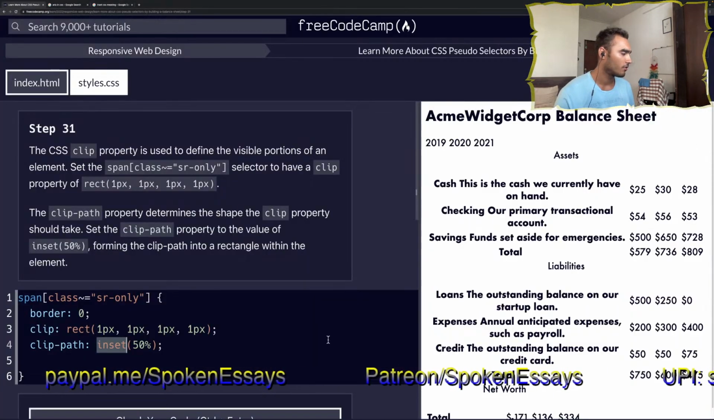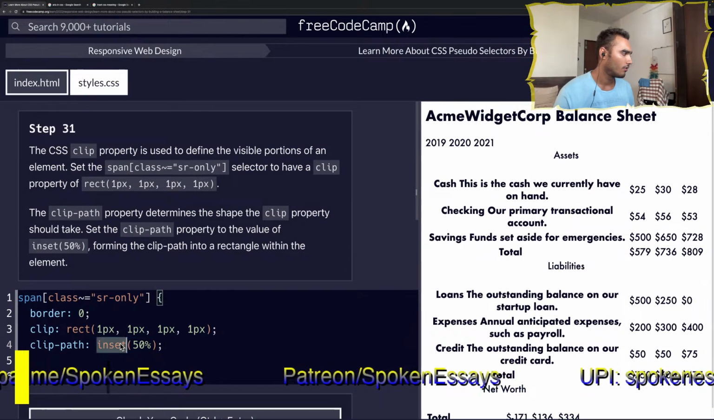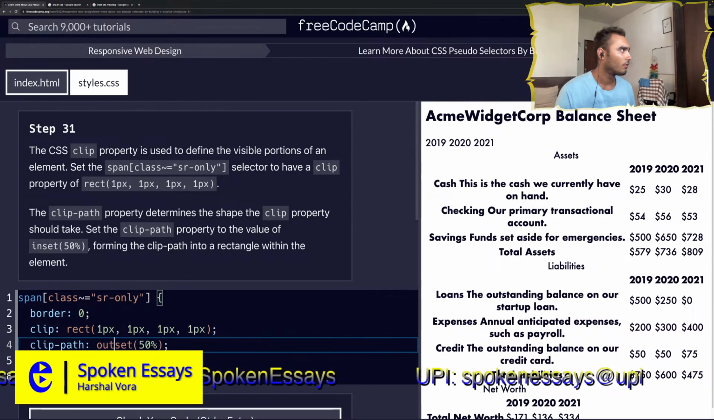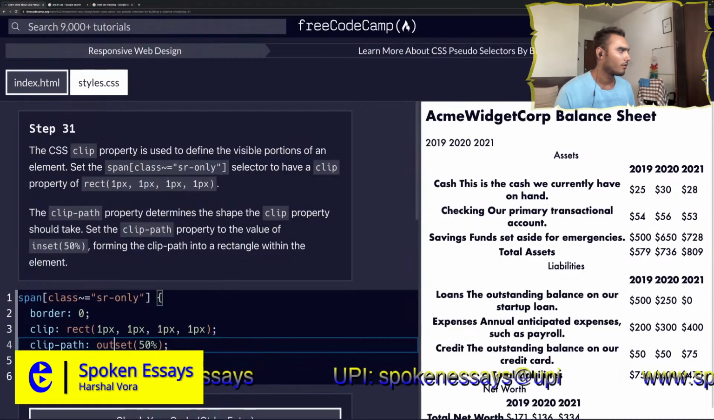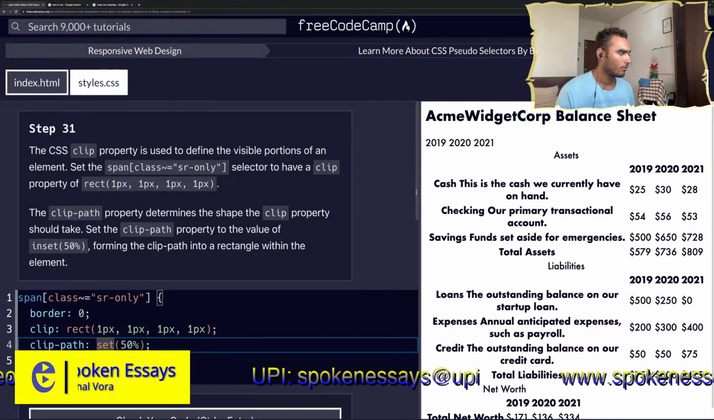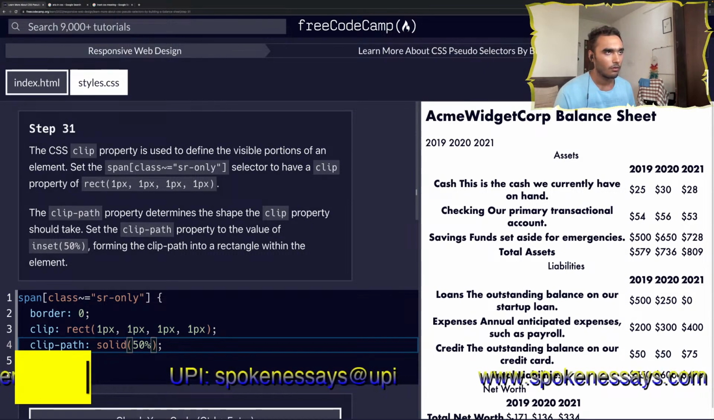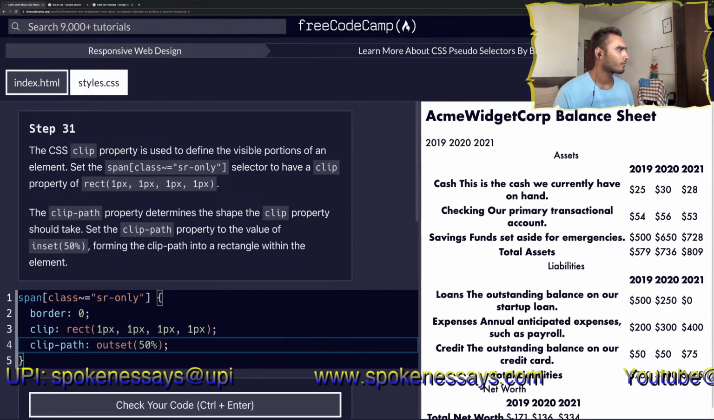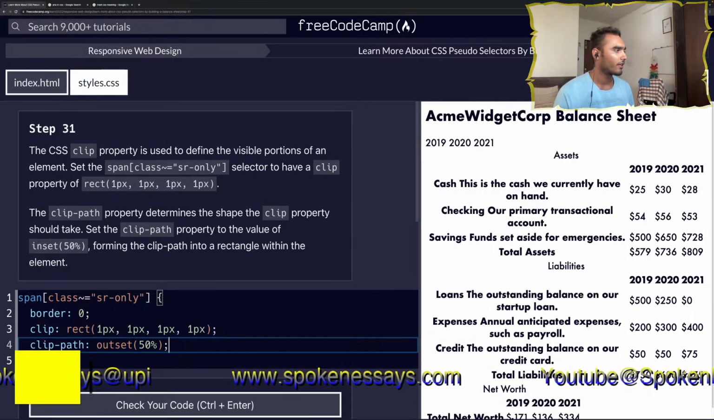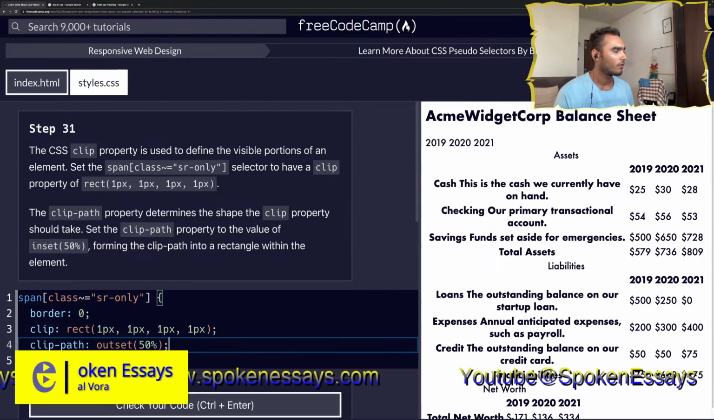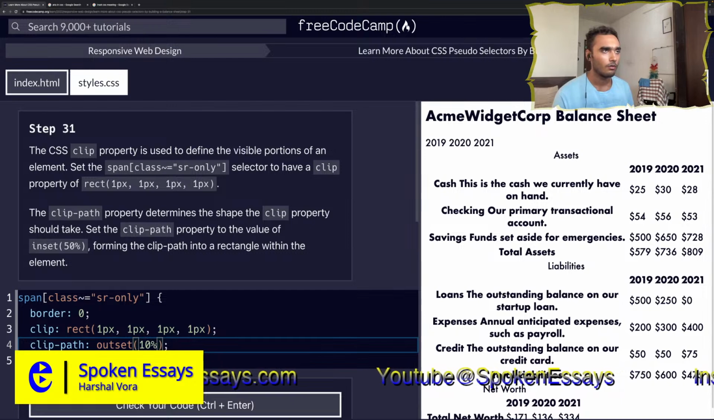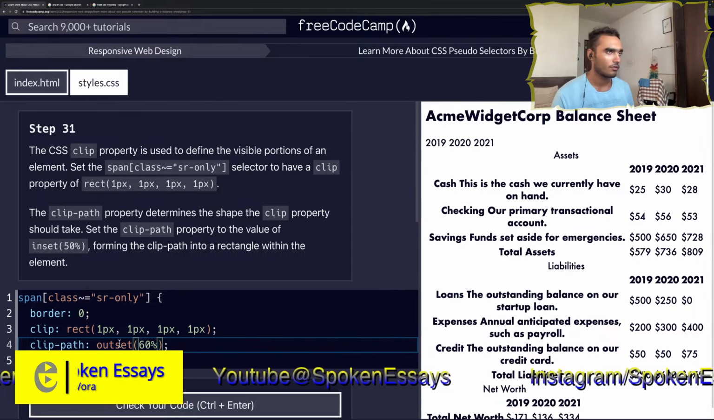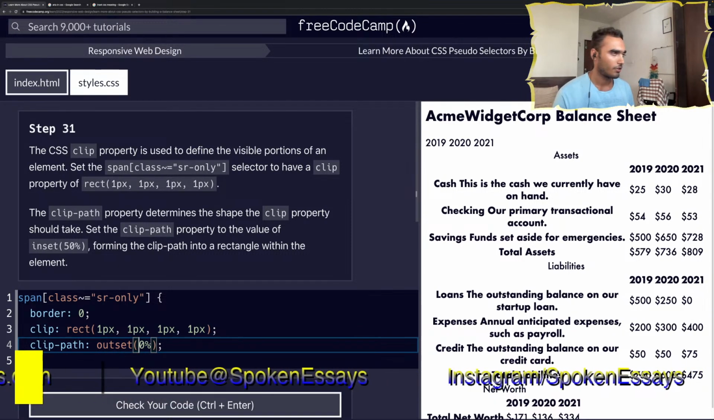What if I write outset? Outset 50%. Then solid. No change, so we cannot use that value for this property. Anyway, डाल दिया forming the clip path into a rectangle within the element. मैं 10% करूँ तो then it's visible. 60% it is not. Well, it's not visible anyway. But if I write 0%,